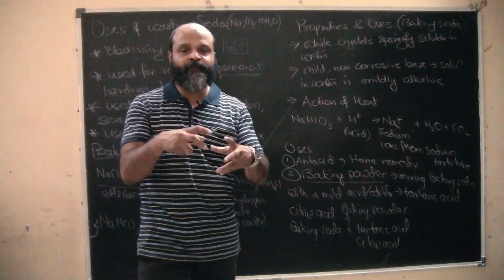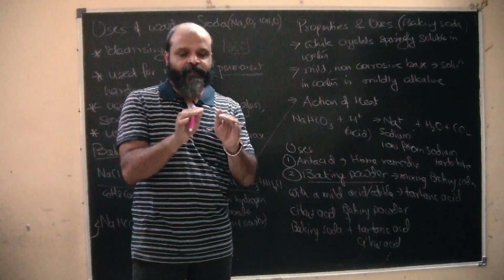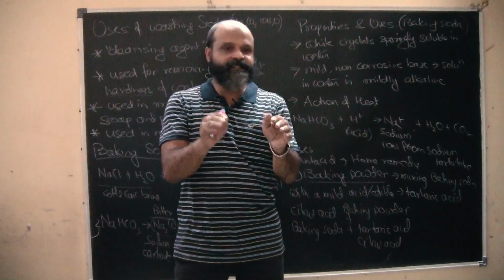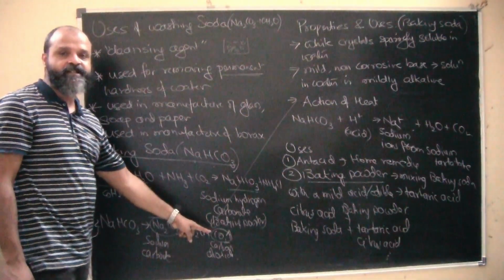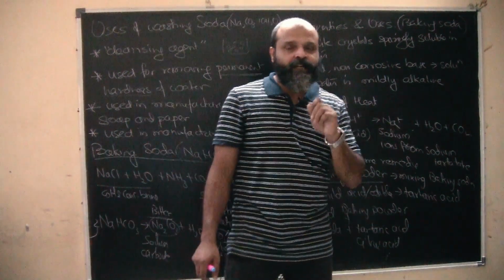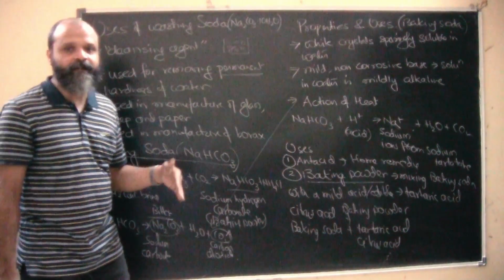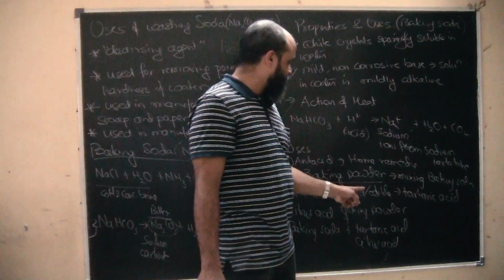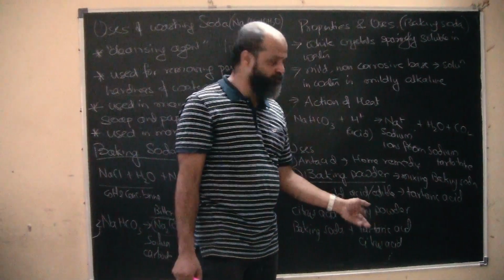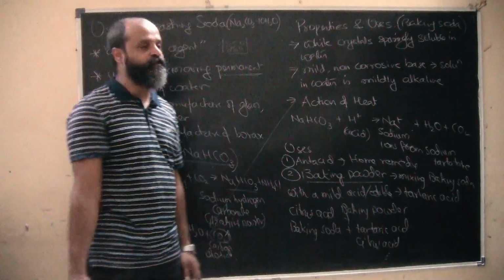So what we do is we mix this baking powder with the dough. We mix it with water, we mix it with the dough, and we keep it in the oven or wherever you are roasting it. So it will increase in size. Why? Because obviously carbon dioxide is getting evolved, and the sodium carbonate which is formed as a byproduct and which can increase the bitterness of the edible food that we are trying to prepare, which can be bread or cake, that is getting neutralized by this tartaric acid or citric acid, whatever you are using, okay. So that's how this has an extensive use in the food industry, of course, okay.